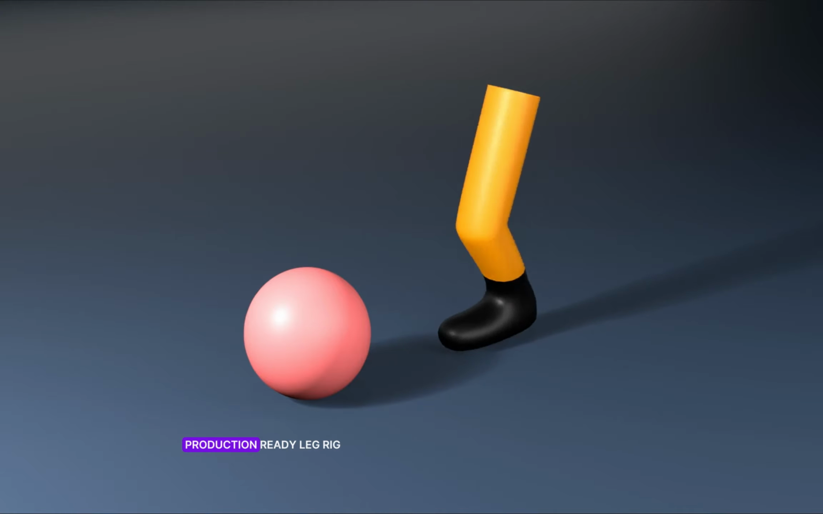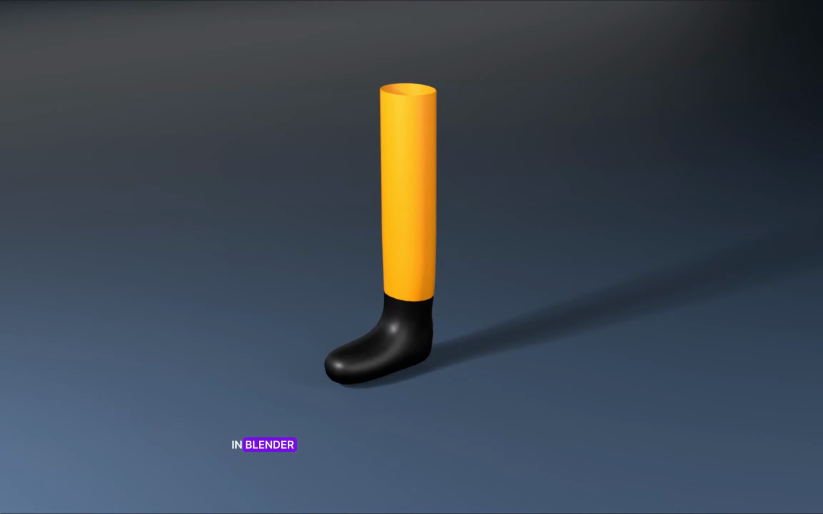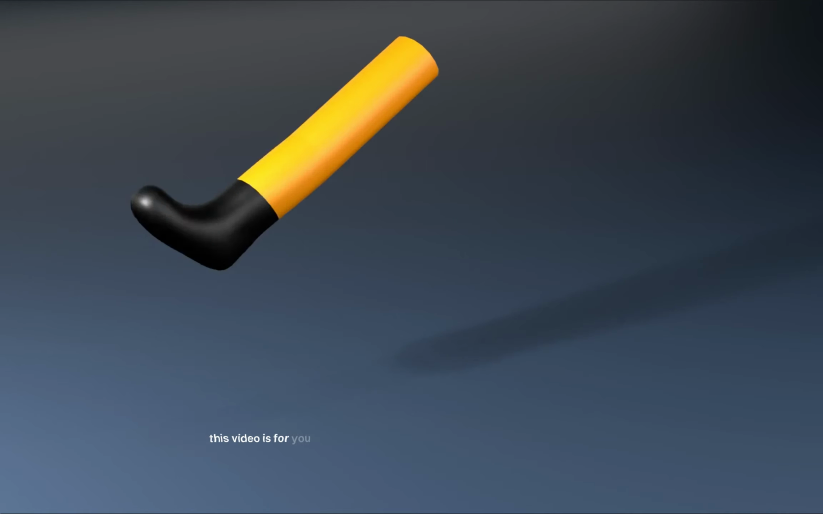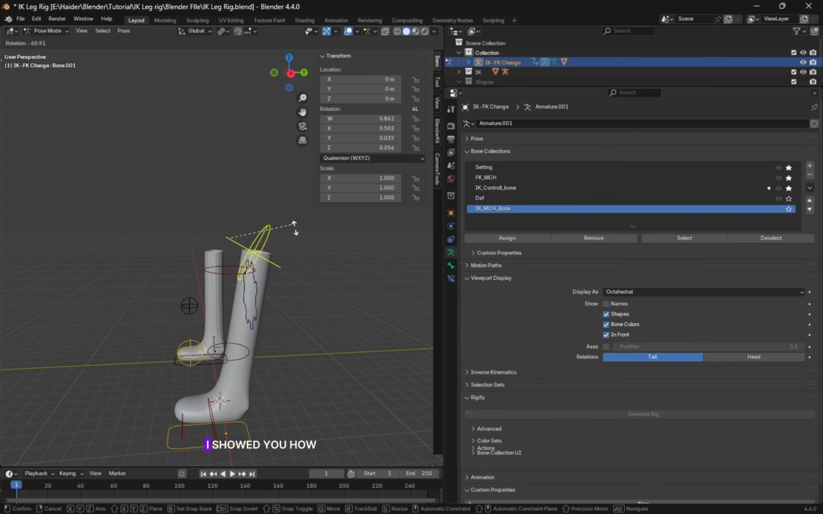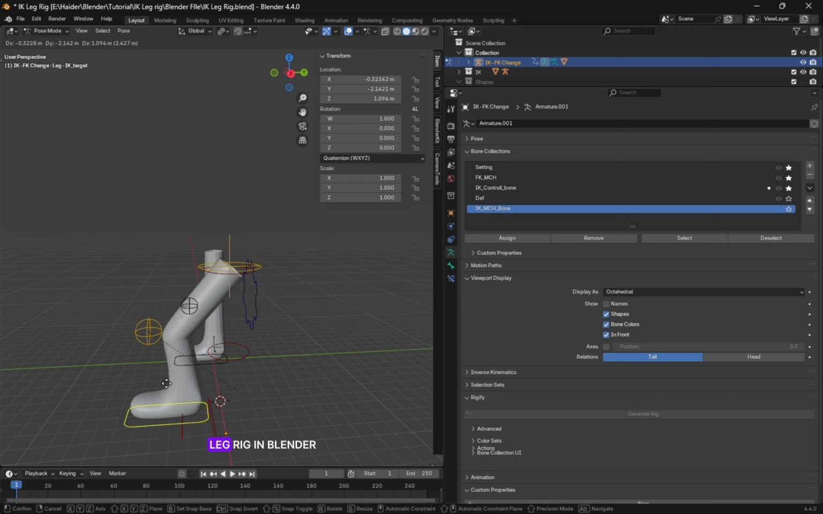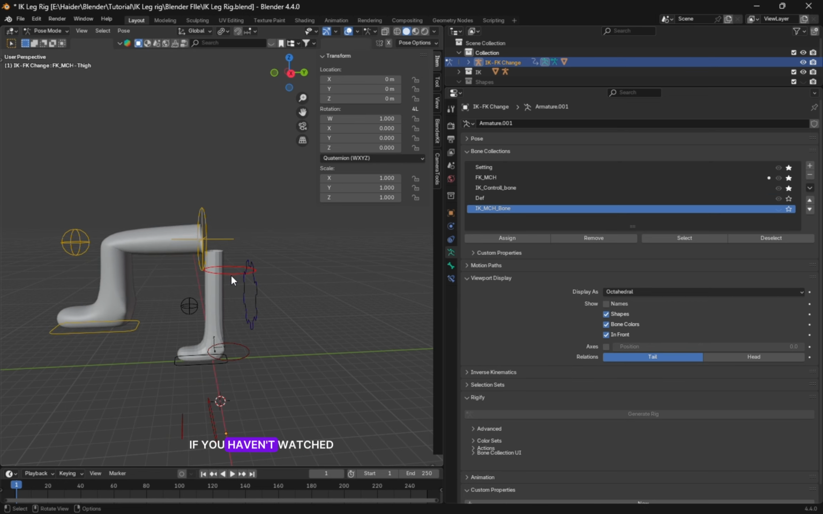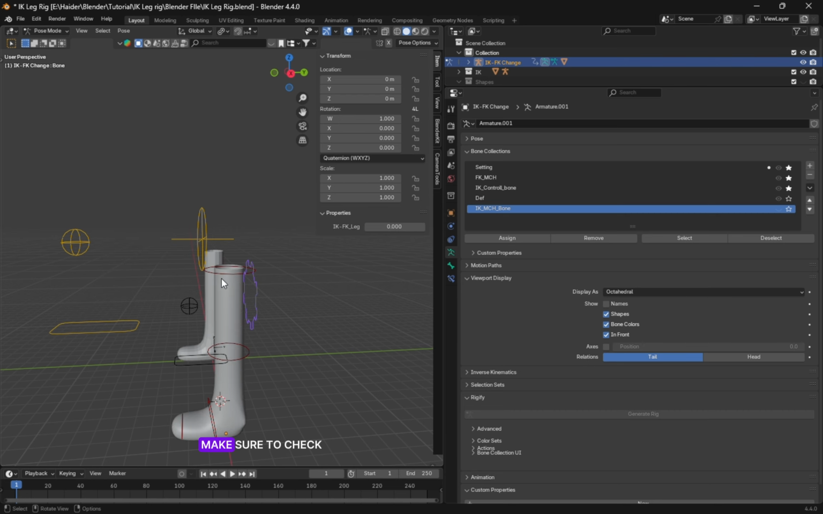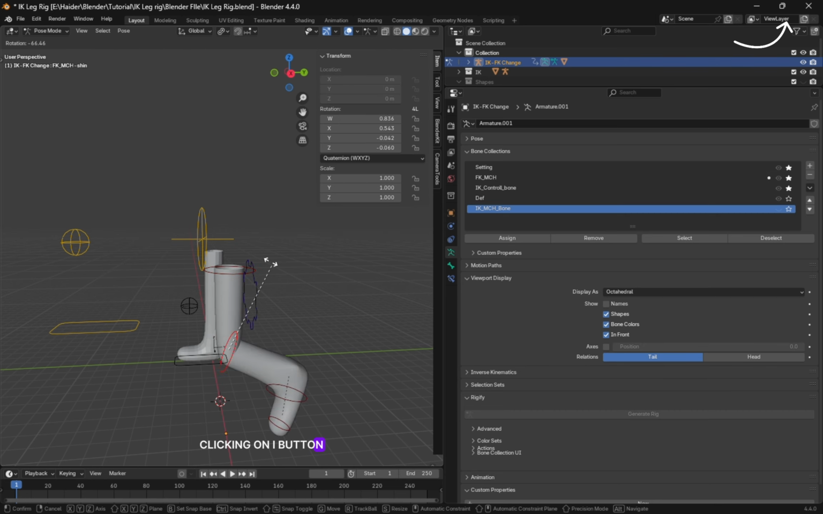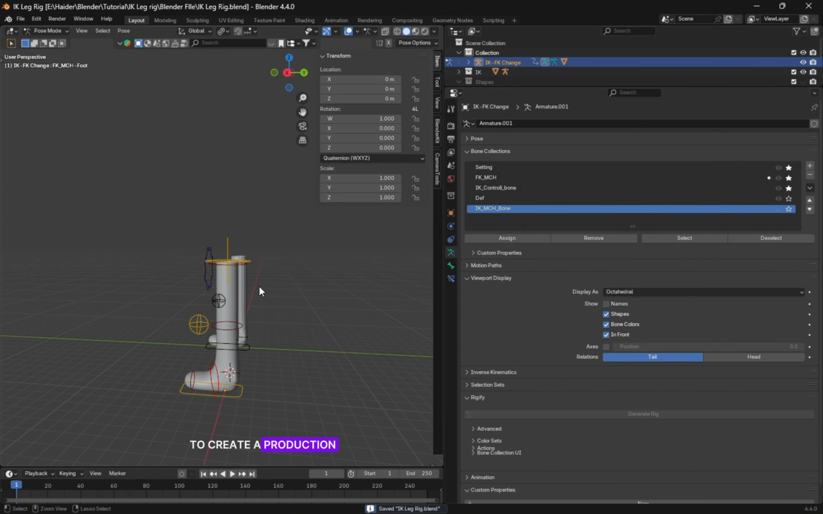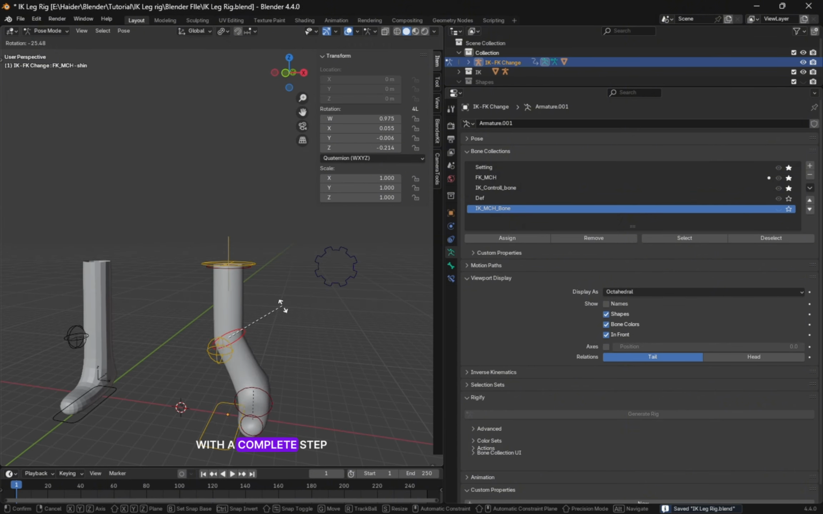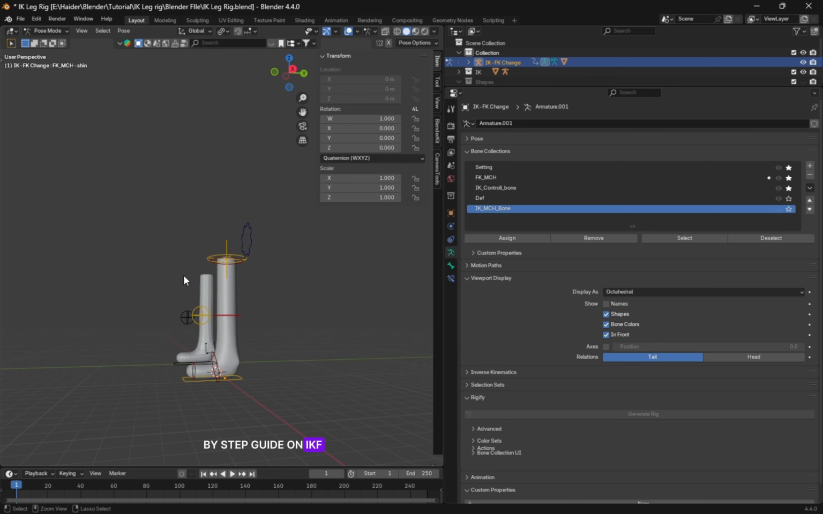If you want a production-ready leg rig in Blender, this video is for you. Welcome back, everyone. In the last tutorial, I showed you how to create a basic leg rig in Blender. If you haven't watched that yet, make sure to check it out first by clicking here. In this video, I'll show you how to create a production-ready leg rig with a complete step-by-step guide on IK-FK